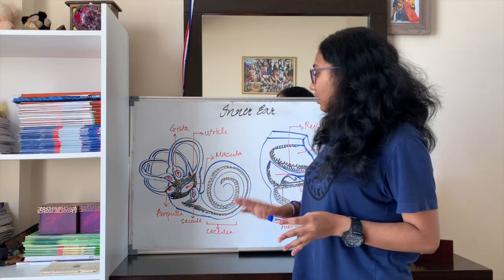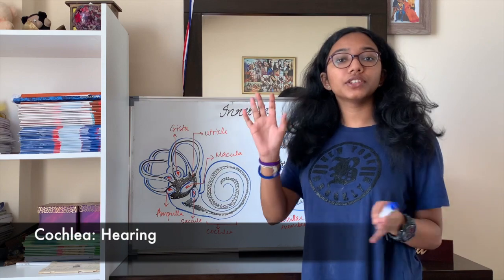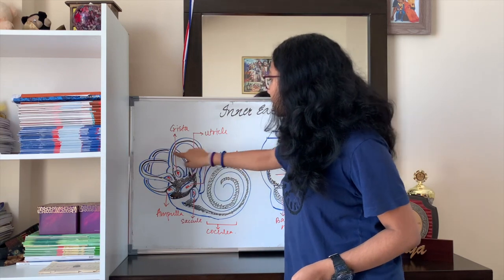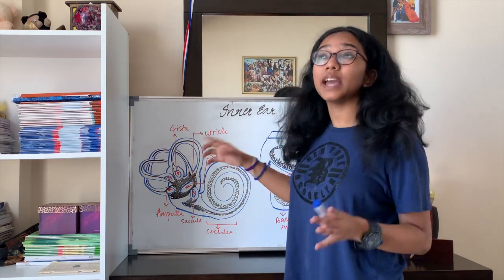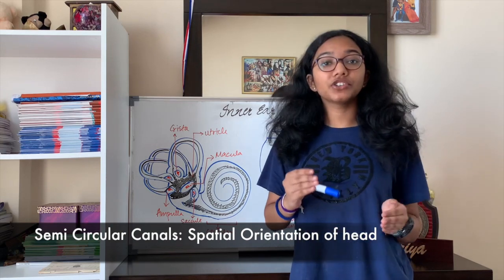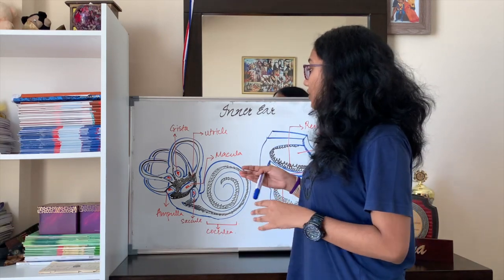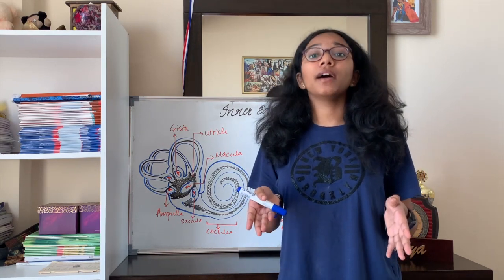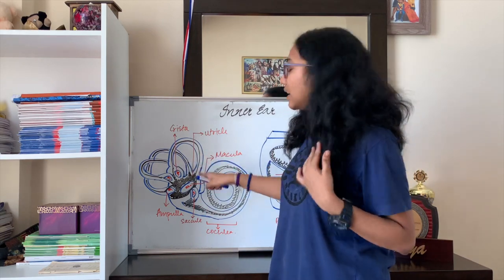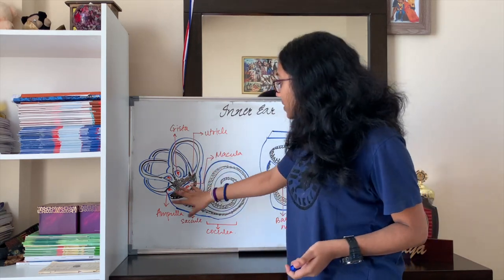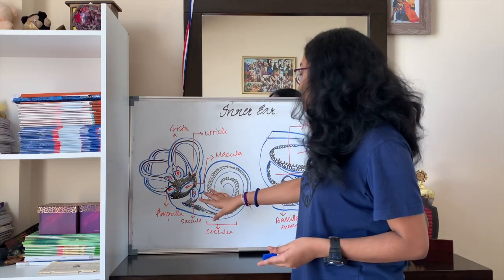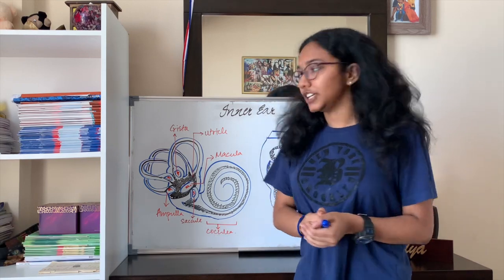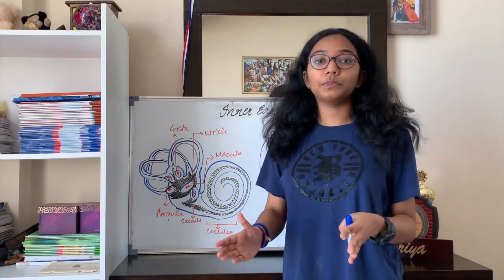To break it down to you, this is the cochlea, which is the main part of the inner ear responsible for hearing. These three circular things you can see here, semicircular in fact, are known as the semicircular canals, which are responsible to detect angular acceleration. For example, when you tilt your head up, down, left, or right, that's what these canals detect. And finally, this part, known as the vestibule or the vestibular system, is responsible to detect linear acceleration, and I will be expanding upon these 3 points further.